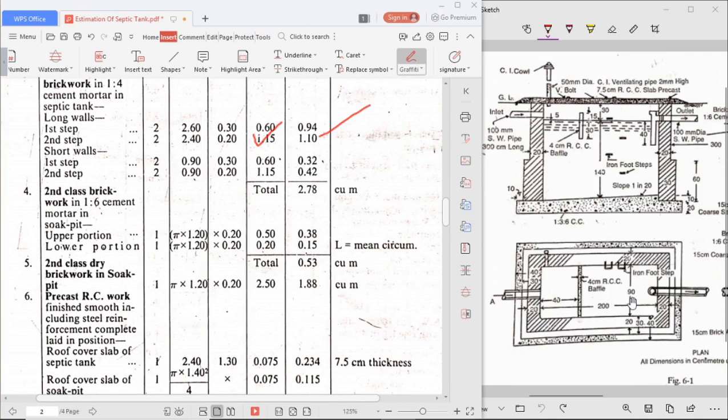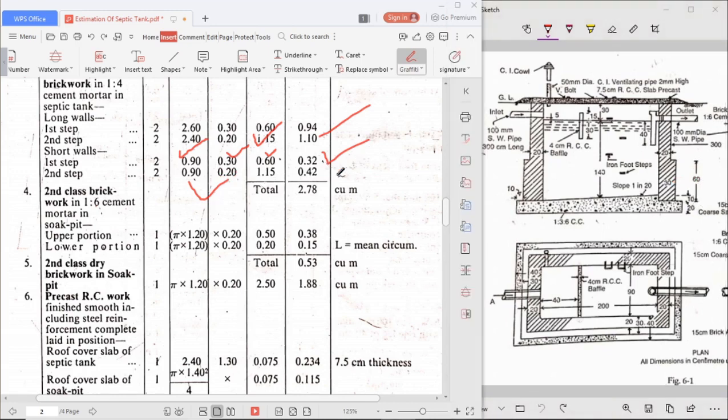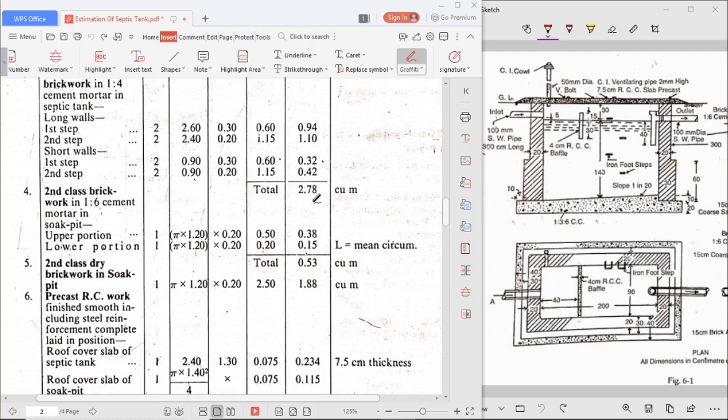Now for the short walls, 0.90 is the length. The breadth will be the same, 0.30. Next, for the first step short wall, it is 0.60. If you multiply, we get 0.32. For the second step of the wall, 0.90. The breadth of the wall is 0.20. Now what we calculated, 140 plus 30 plus 5 minus 60, gives 115 centimeter. We get 0.42. So the total first class brickwork in 1:4 mortar will be